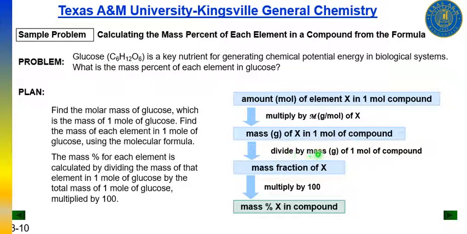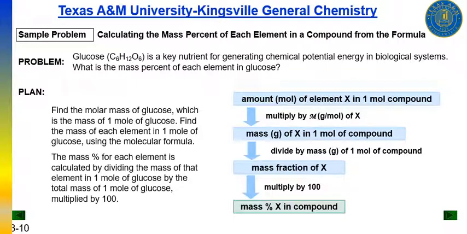And then you divide the total mass of one element over the total mass of your compound. And you receive the mass fraction, such as 0.45, 0.72, and then you multiply by 100%, to convert the mass fraction